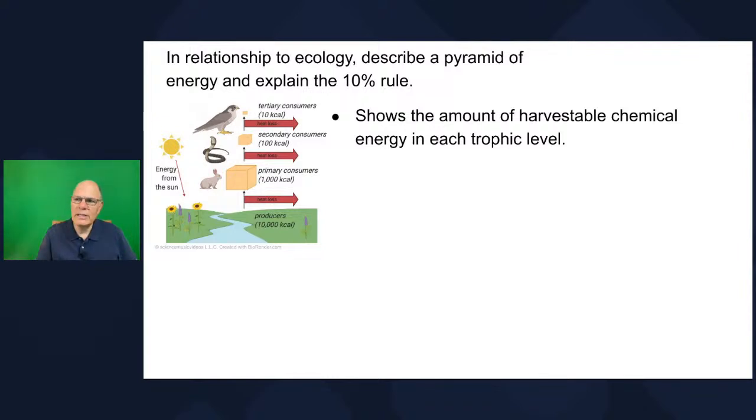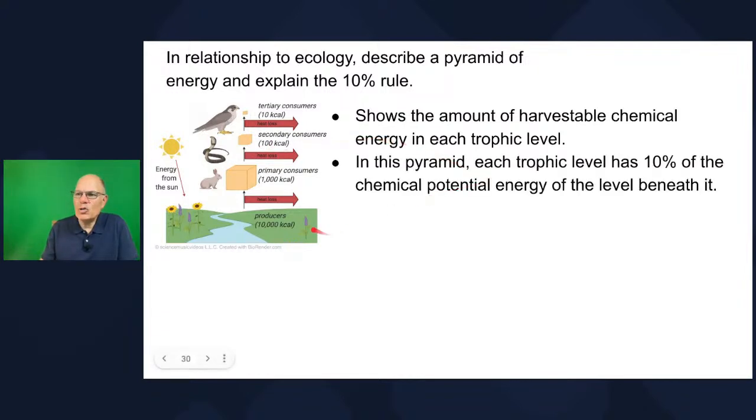If you were to collect every part of every producer, like all of the grasses and the herbs and all of these little wildflowers, you could actually measure the chemical energy that's present in all of those organisms. You can use a device called a calorimeter, where you would burn it and see how much chemical energy is present. And then you could do the same with all of the primary consumers. Sounds a little grisly when we talk about doing that with a bunch of animals, but that's what we do. We would take all the primary consumers, measure their energy, and then do the same thing with the secondary consumers. Well, what we find is that each trophic level has 10% of the chemical energy of the